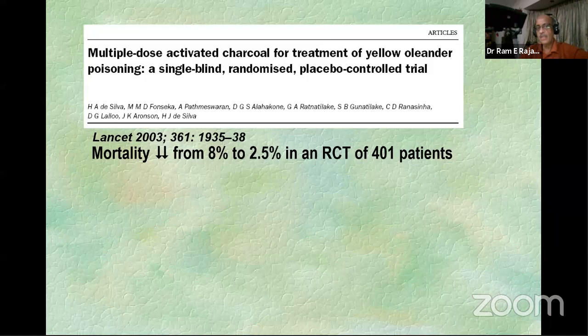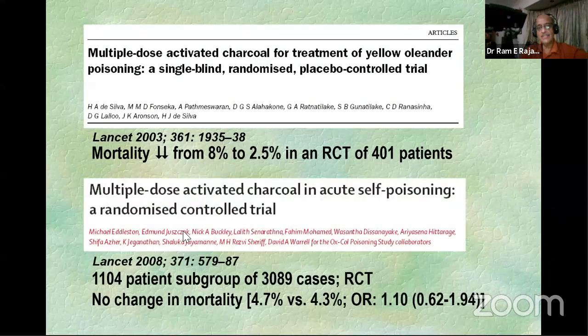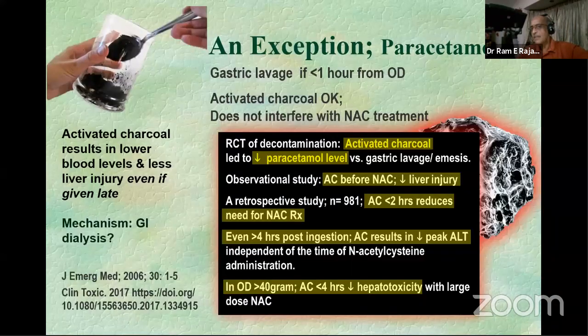Before I go on to that, the two large randomized controlled trials on multi-dose activated charcoal are both from Sri Lanka. The first one said that there actually was a reduction in mortality when you looked at yellow oleander poisoning alone. But there was another subsequent trial, which is part of the large Edison trial related to organophosphate, etc. They couldn't show any kind of change in mortality. So for multi-dose charcoal, every piece of evidence went against it. But as I was saying, I'm going to throw a bombshell at you and say the exception is clearly paracetamol